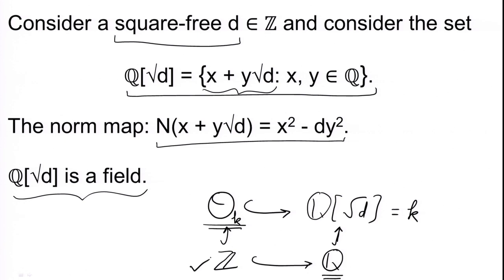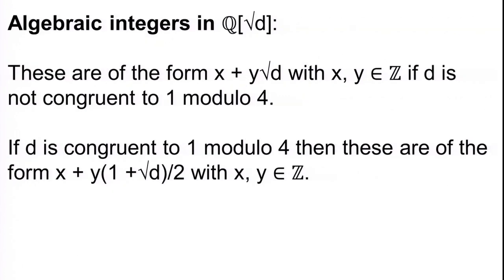So, this is a very nice diagram and it holds not just for Q root D, but also for a general finite extension of Q. But when we look at Q root D, we saw that there is a nice description of algebraic integers in Q root D. The description is given by the elements have the form x plus y root D, where x and y are integers, provided that D is not congruent to 1 modulo 4. So, here D is congruent to 2 or 3 modulo 4, and here we have that D is congruent to